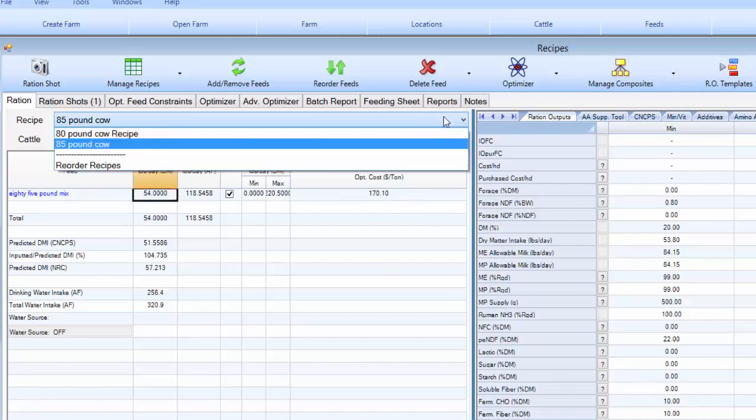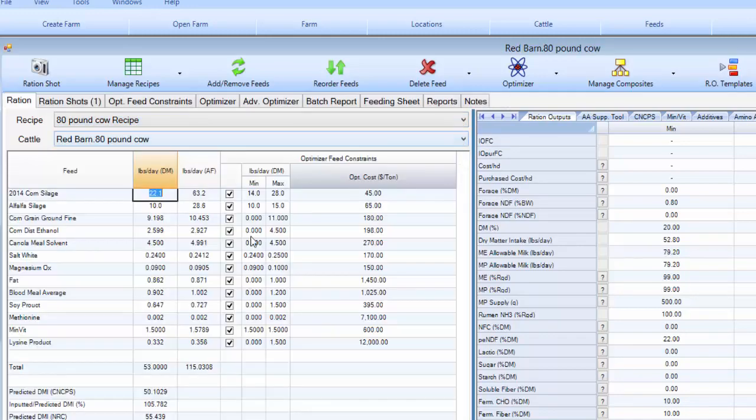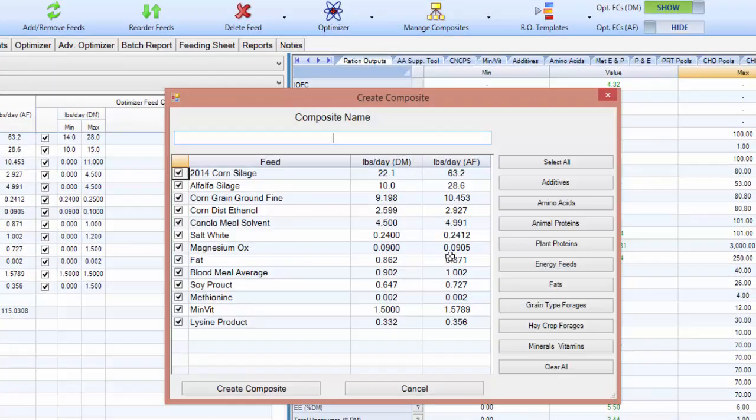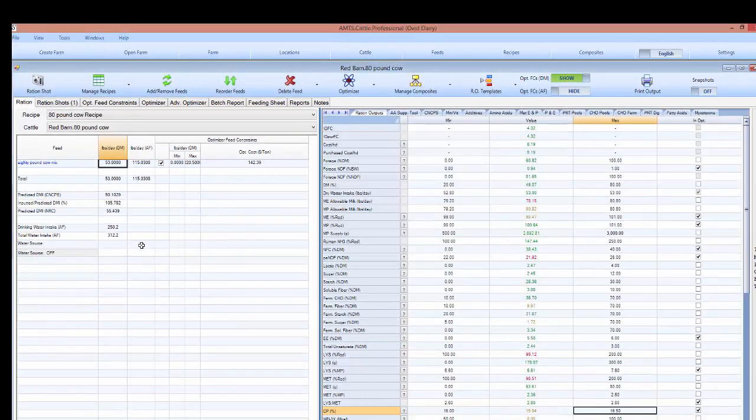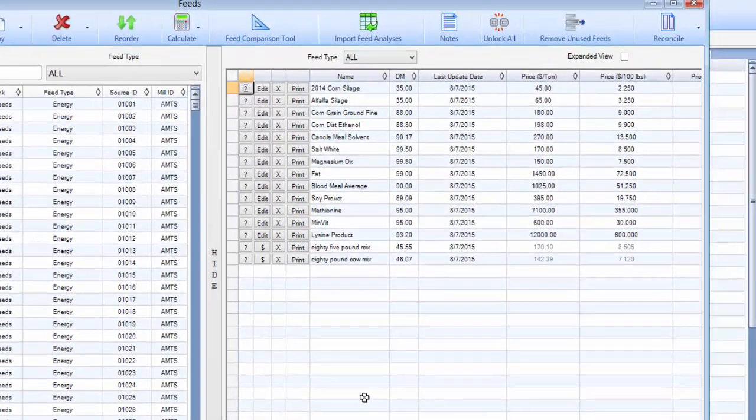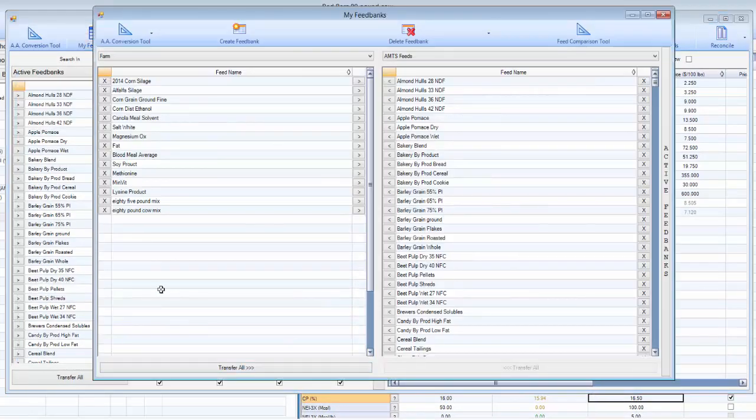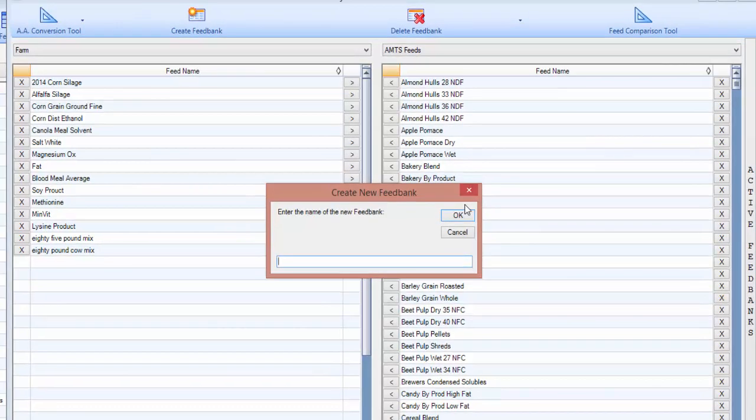We're going to go back to the recipe on the 80-pound cow, and we're going to do the same thing. So if we go back to feeds, we can see that we have an 85-pound mix and an 80-pound cow mix. So going to my feed banks, we then want to create a feed bank. So if we go to my feed bank, we're going to create a feed bank called